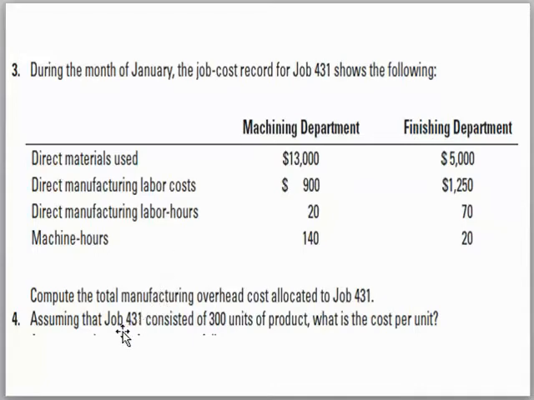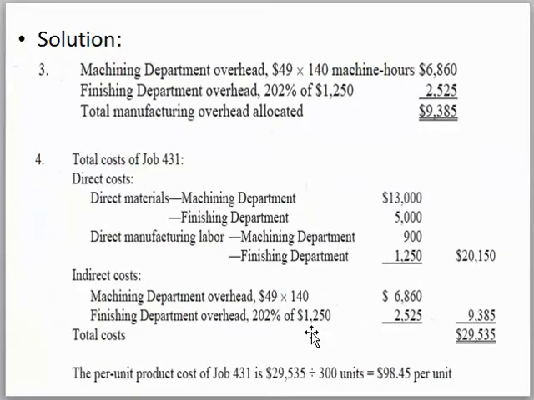Number 4, assuming the job 431 consisted of 300 units of product, what is the cost per unit? So, the total cost of job 431. Direct costs: direct materials for machining department is 13,000 and finishing department 5,000. Direct manufacturing labor for machining department 900 and finishing department 1,250. So the total of the direct costs are